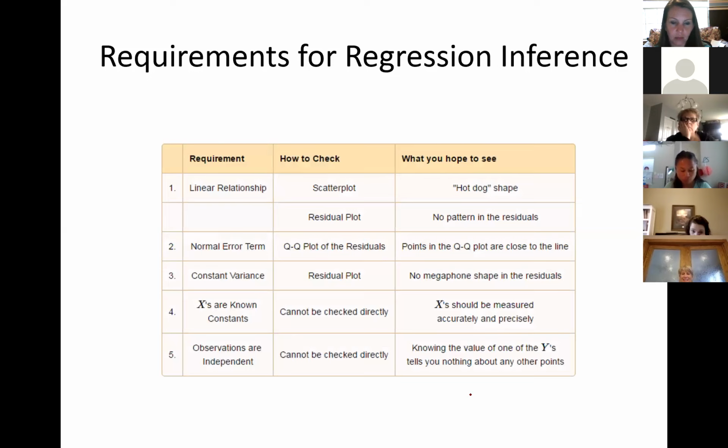And I'd probably just write it down verbatim, even if you think you remember things, just because I feel like sometimes it's helpful to recheck the wording of these things when you're faced with multiple choice questions that might seem very similar, or check all that apply kind of options. So the first requirement is that we have a linear relationship between X and Y,